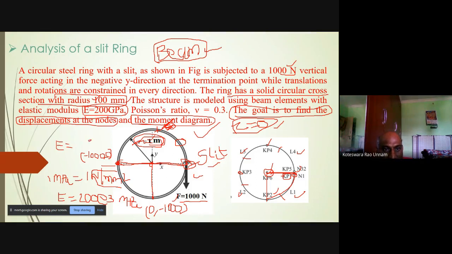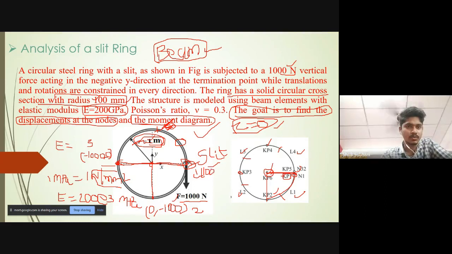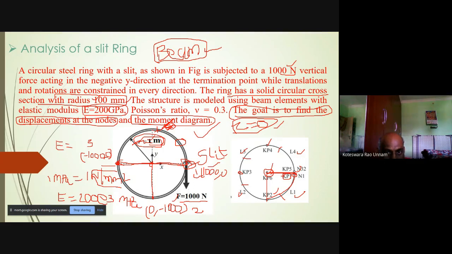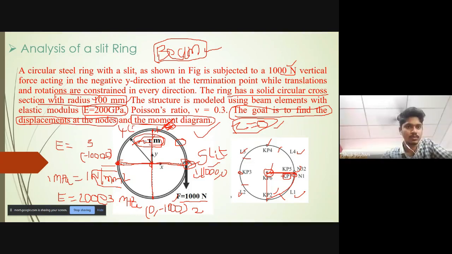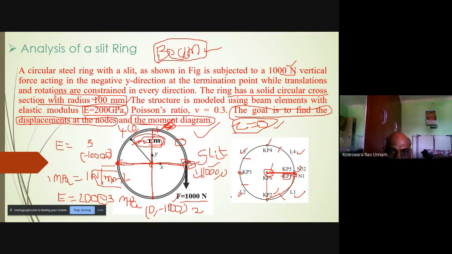So this is key point 3. This is key point 2. We already created key point 1 here, which is 1000, 0. Next, key point 4 is here at this location. This also lies on the y-axis only. What is its coordinate? The X coordinate will be 0. The Y coordinate is equal to the radius of the ring, which is 1000, in the positive direction. You need to take the positive value. So 0 comma 1000.